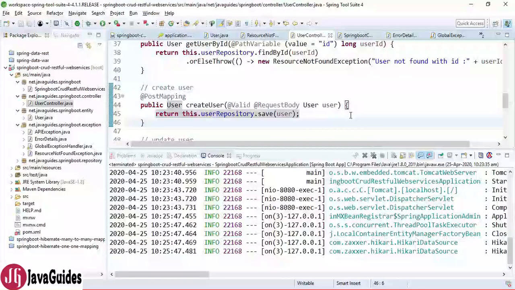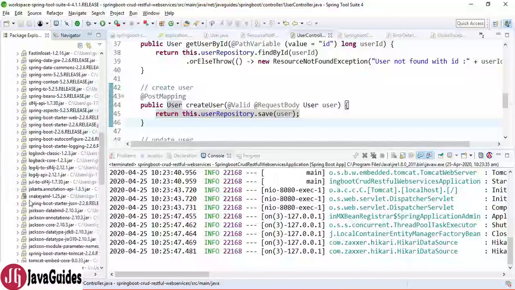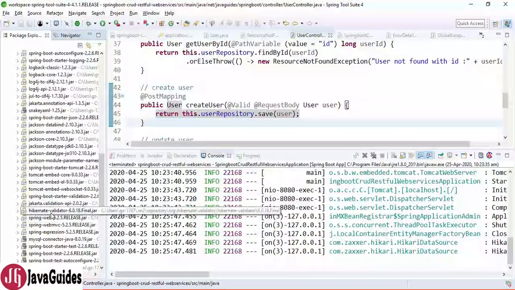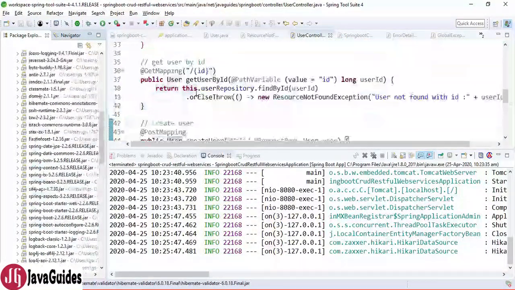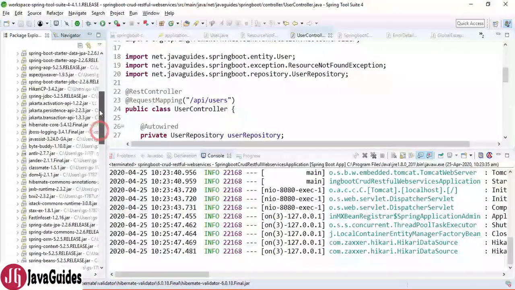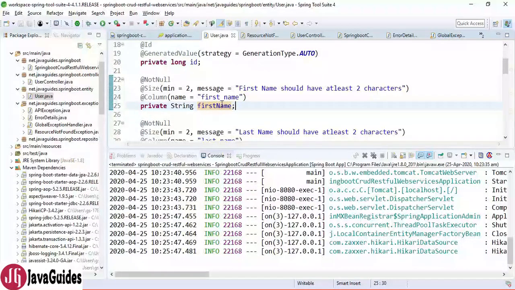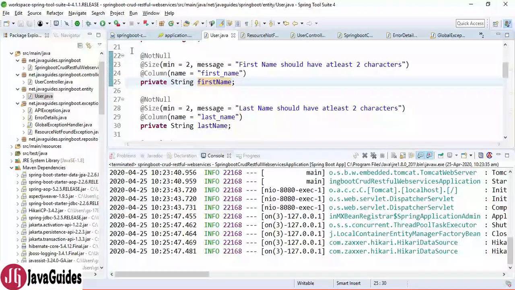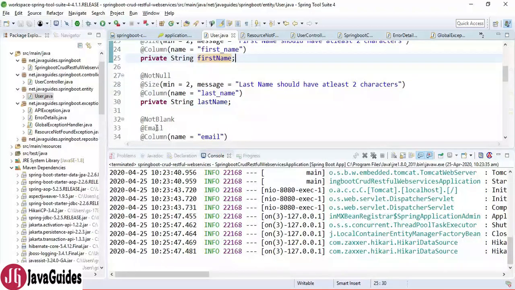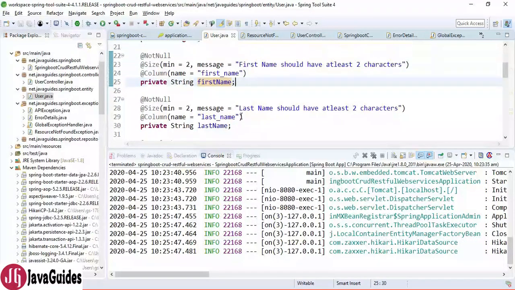Alright, so let me quickly recap what we have done. We have implemented 4 steps, right? So first, we have seen that the Hibernate validator dependency is available in the classpath, and the second step is we have applied validation annotations to a bean. For example, for first name, last name and email address, we have applied @NotNull, @Size, @NotBlank and @Email validation annotations.